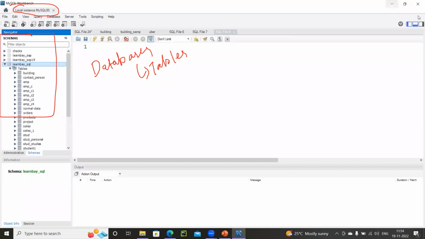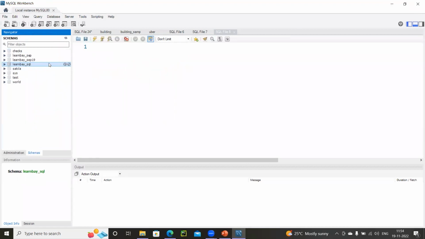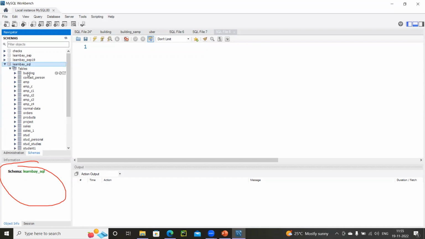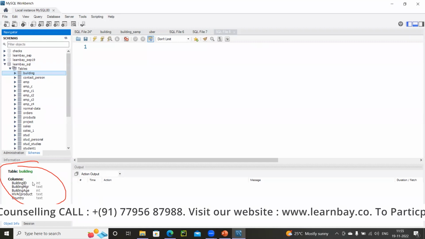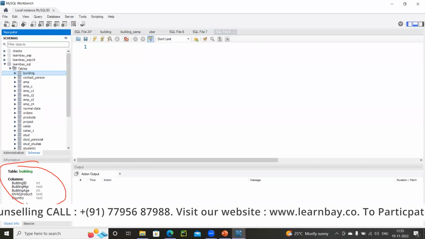Okay. Now, like this, I can go ahead and create a new database also, and I can keep tables inside. That I'll explain now. After that, come to the bottom screen. The bottom screen is basically for the information. For example, I'm going here, I'm clicking on tables, I'm clicking on something called building. The moment I click on building, I find on the information section, it tells me what are all the fields